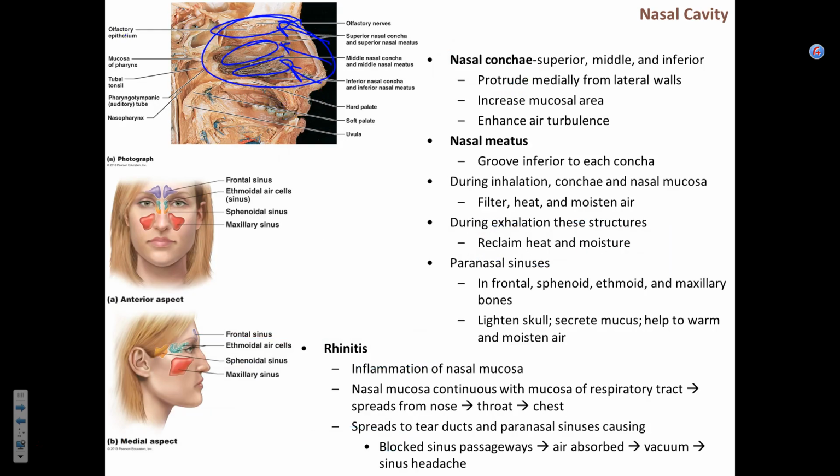It basically folds, and if you see folds, you can immediately say, what's the purpose of those folds? When something is folded, increased surface area, yes. Those grooves between the conchae, between the flaps, are called nasal meatus. So you have 3 meatuses. What is the purpose of this